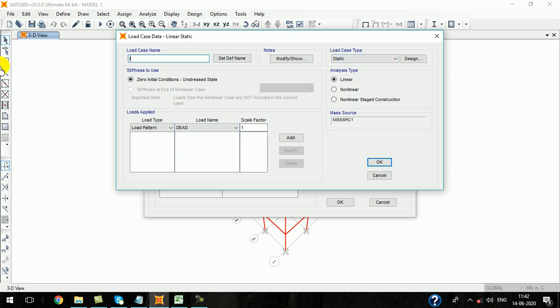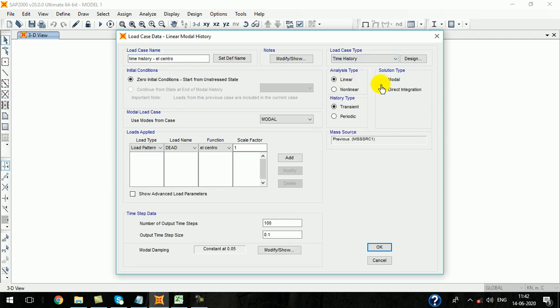Here, time history El Centro. Here it is linear modal time history analysis. Here it is acceleration in the U1 axis, and the function is El Centro.